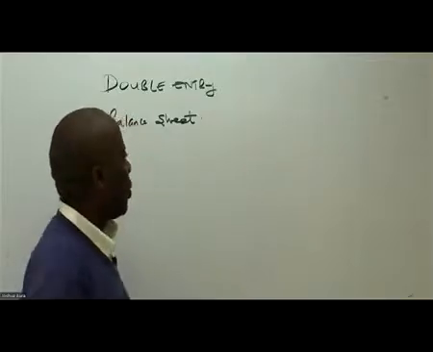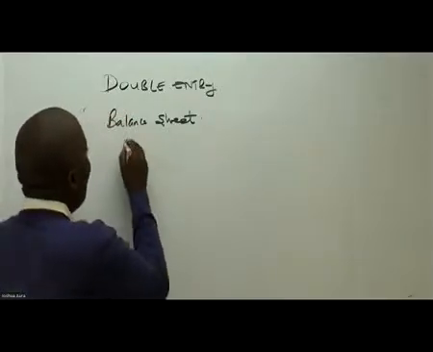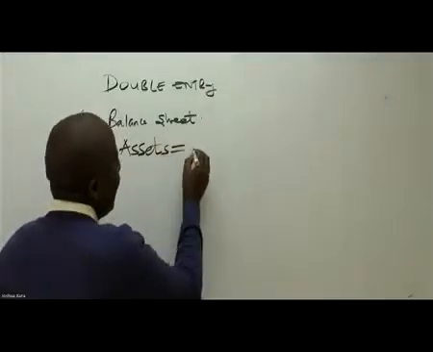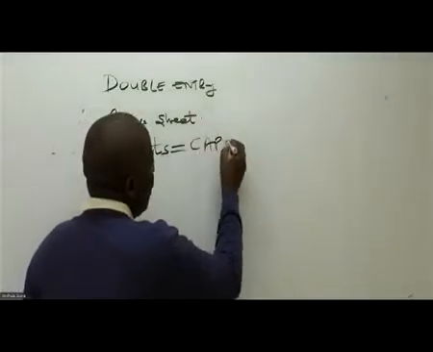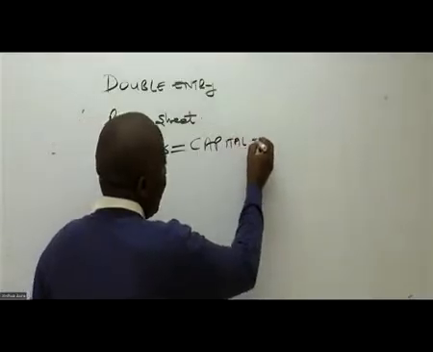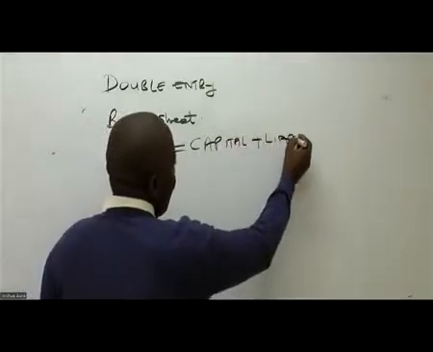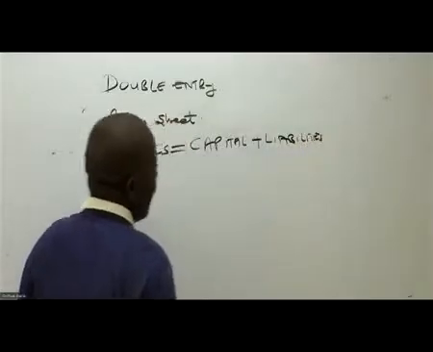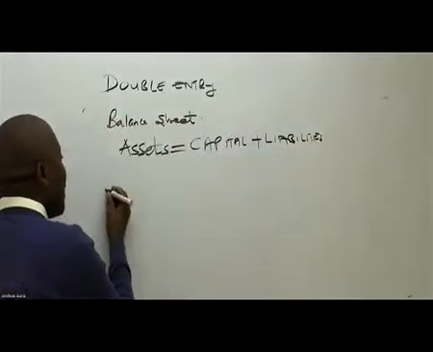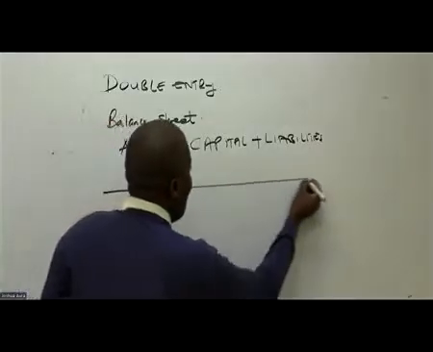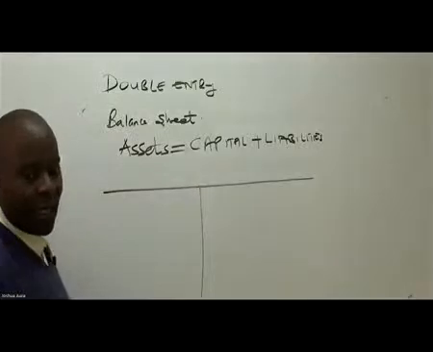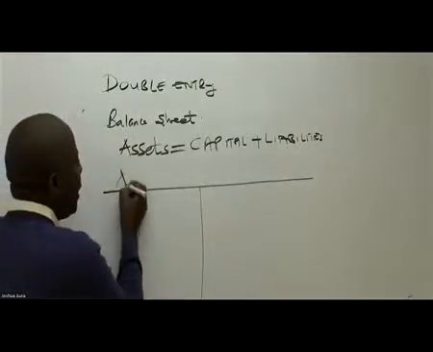Under the accounting equation, we still talk of this every time: assets must always be equal to capital plus what? Plus liabilities, yes. Capital plus liabilities. And if you remember, the old balance sheet used to be in T form, in T format like this. We used to have assets here,